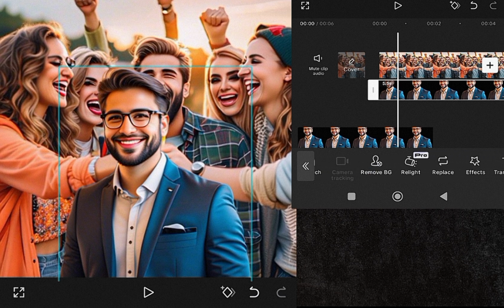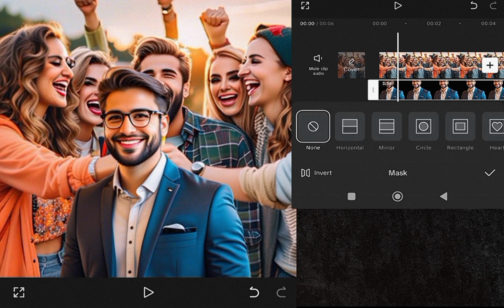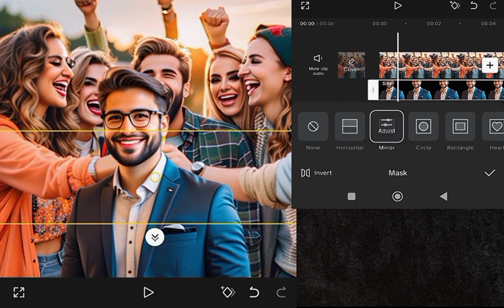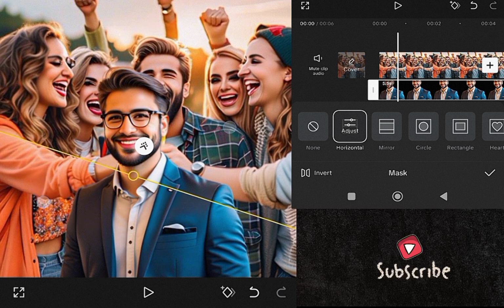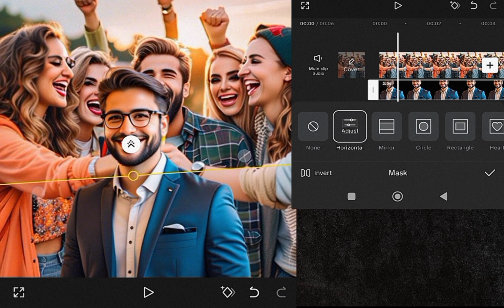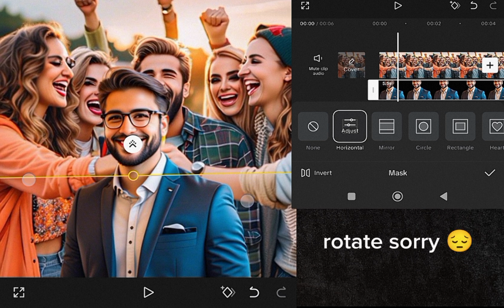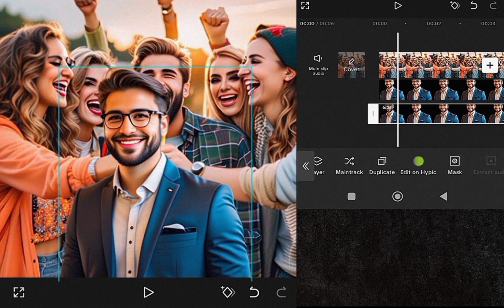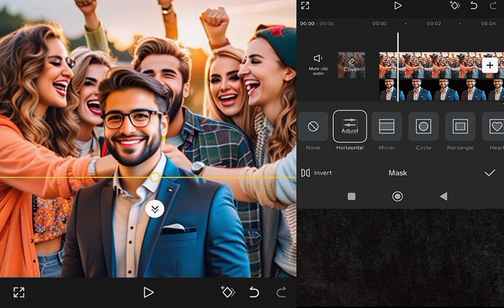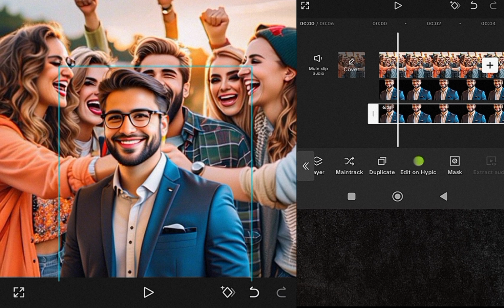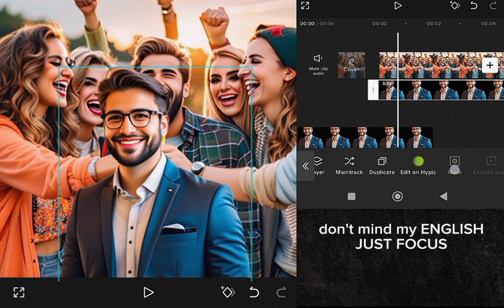Alright, so after doing that, I pick the top one, then come down and pick mask. Alright, so I'm going to pick the horizontal, then use my two thumbs to slide it up. So I'm going to cut out the unwanted part that I don't want, so as to create the animated photo I want. So I'm picking the second footage, but this time around I'm going to use